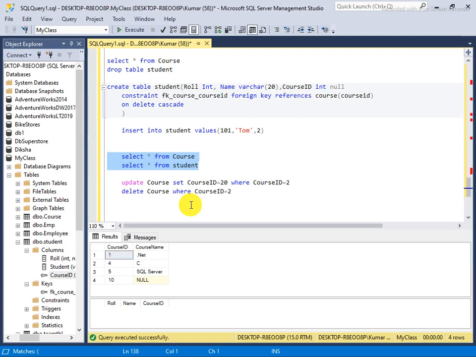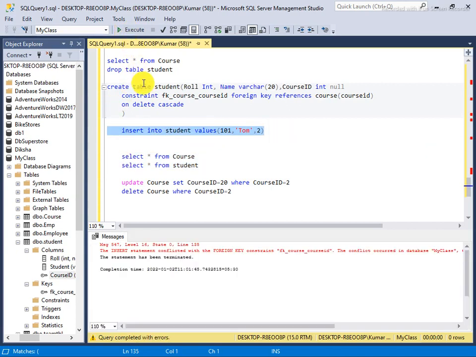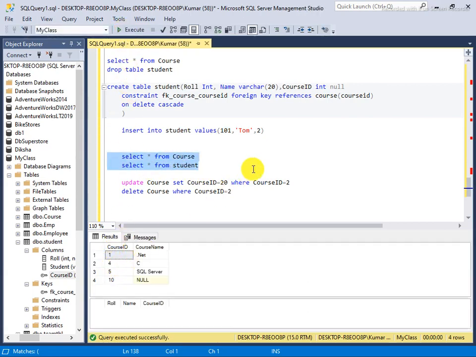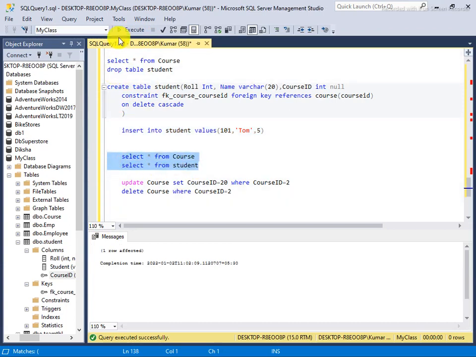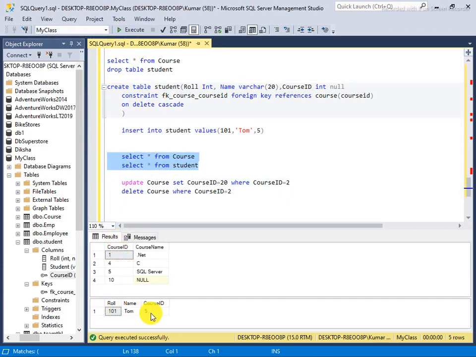Okay, see there, I made an entry in here. Okay, oh sorry, it's not possible to make an entry here. So this time I am making an entry which is 5. Okay, because 2 does not exist here and 2 has been deleted, that's why we are not able to refer to that. Now I made an entry and I see here in SQL Server, which is 5.